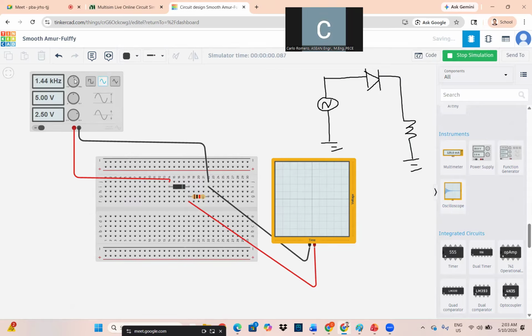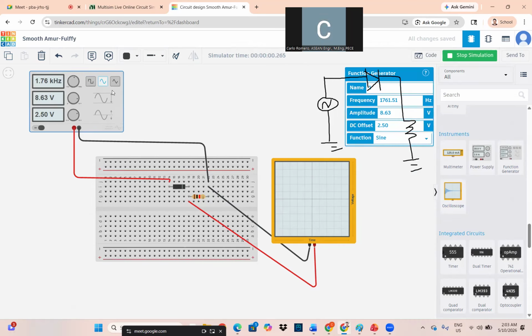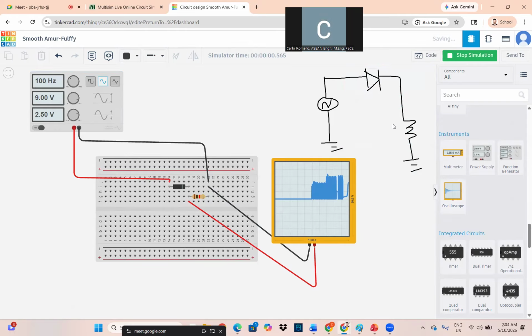Let's say we apply the 1 kilohertz. For example, our input is 9 volt. Then we have, let's say, 100 hertz. Okay, so start the simulation.